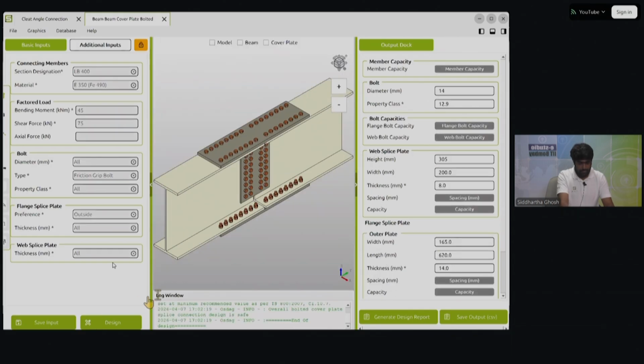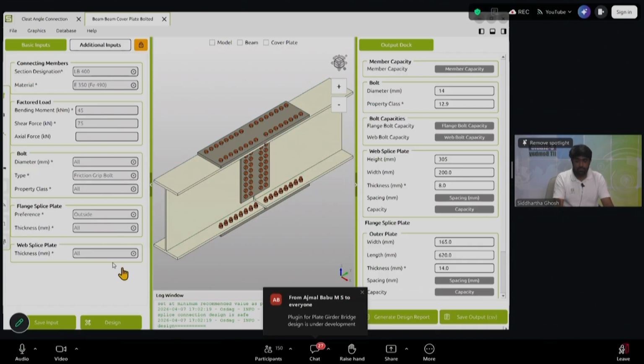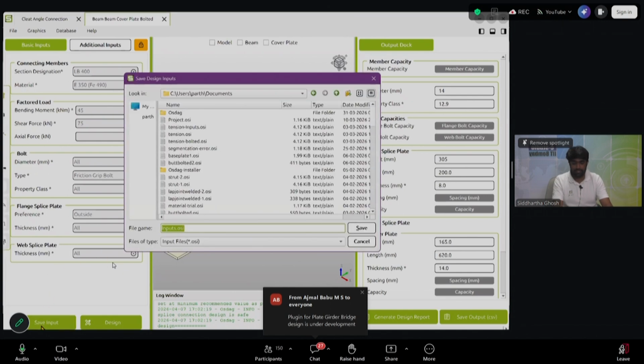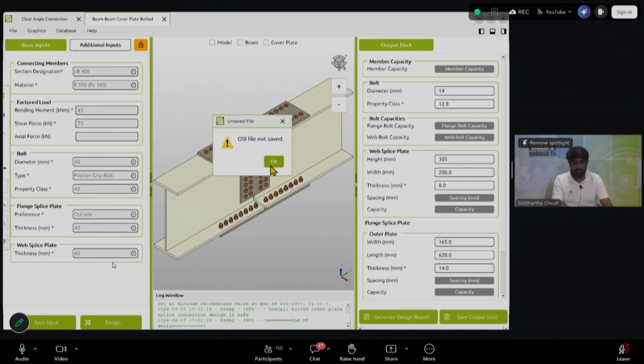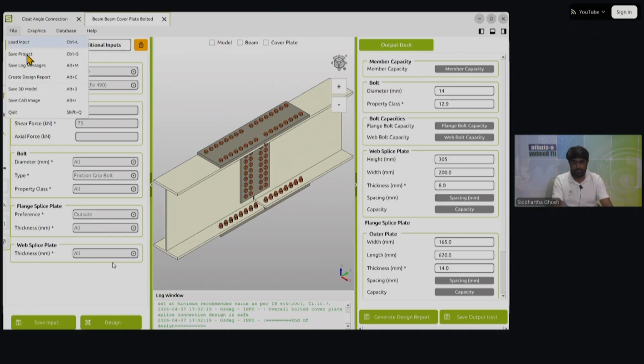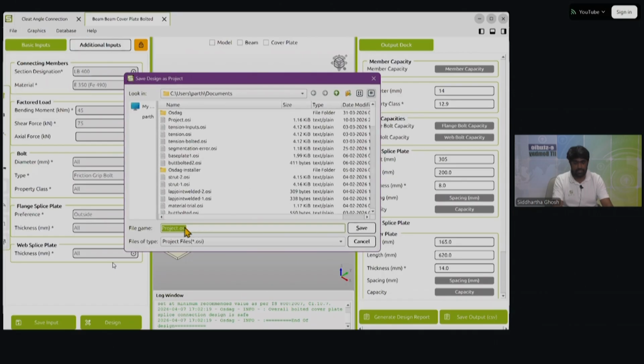So now you have the CAD view which has two beams connected with the splices, and as you can see the flange plate is only on the outside. Now this is the optimum design that we have done. So at this point if you would want to save your design for future references, you can use save input function and you can choose a directory where you can save. Then there is also an option of save project. So when you go to file and say save project, and I will save this as